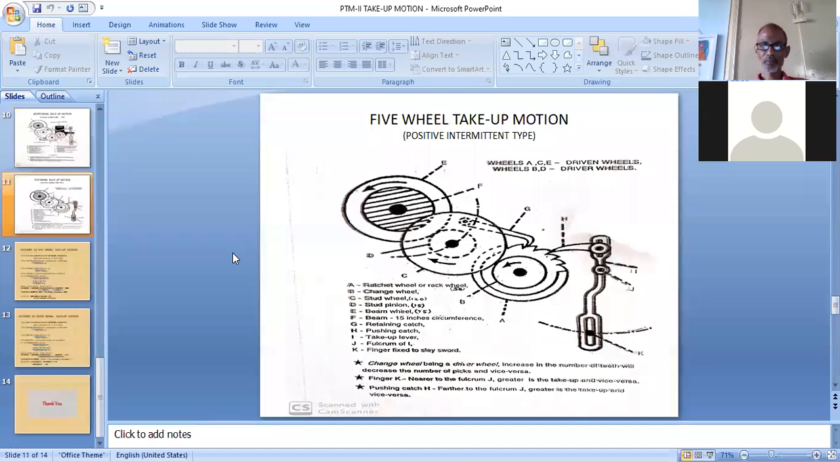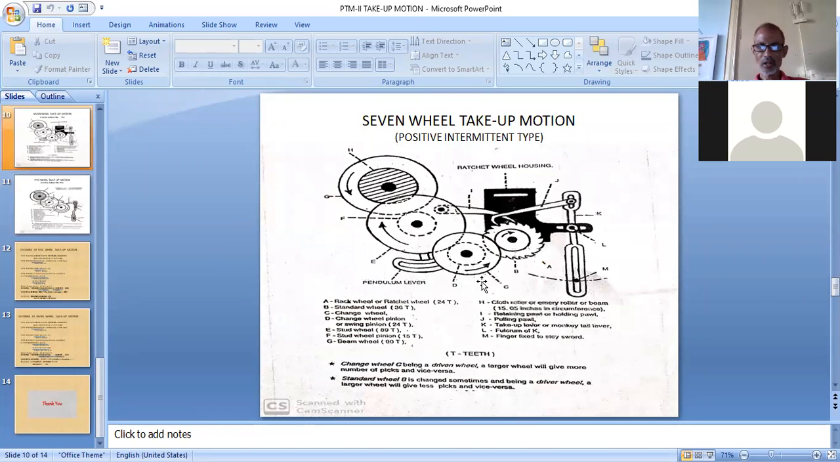Similarly, you can describe a 5-wheel take-up motion. The only difference is, in that case, we had 7 wheels. Here we have only 5 wheels. You can see A is the rack wheel or ratchet wheel. On the same shaft, another wheel is mounted, that is the change wheel. Here the change wheel came to second number, which in the previous one was at third number. And if you have noticed one thing in the previous diagram,